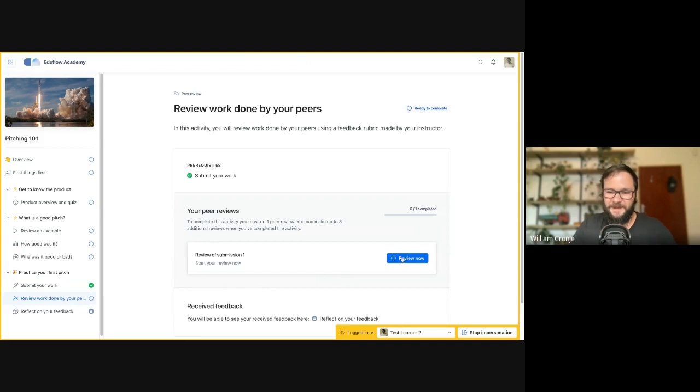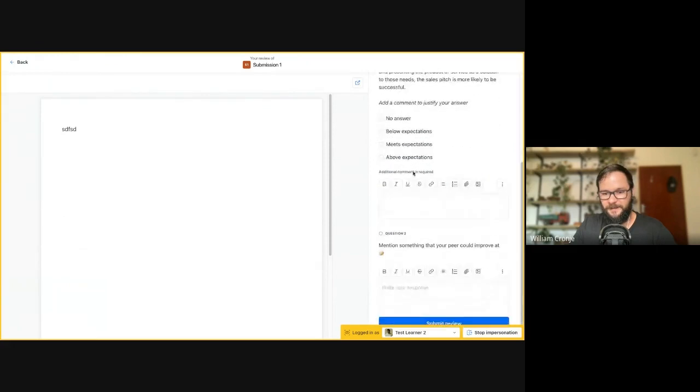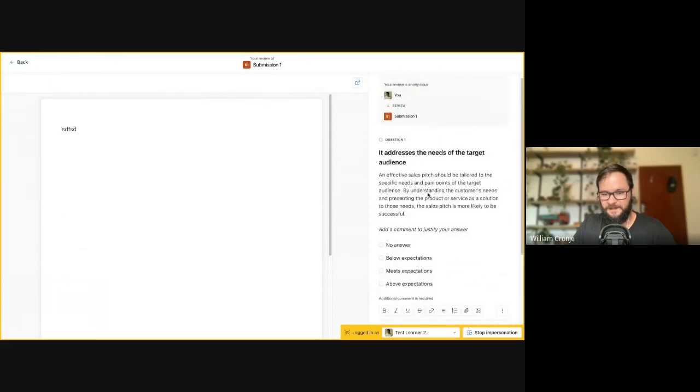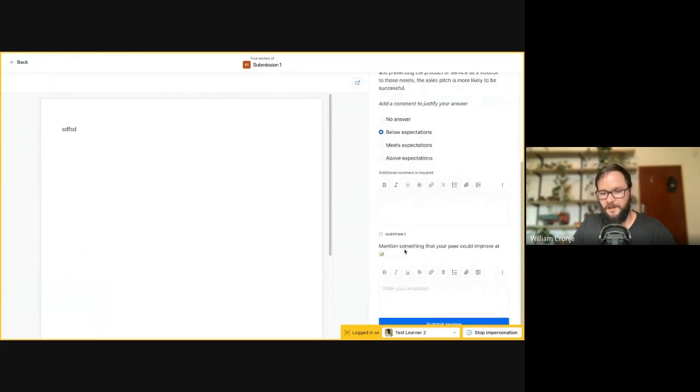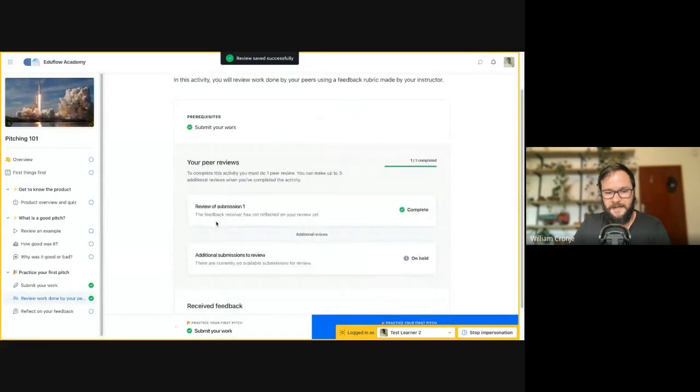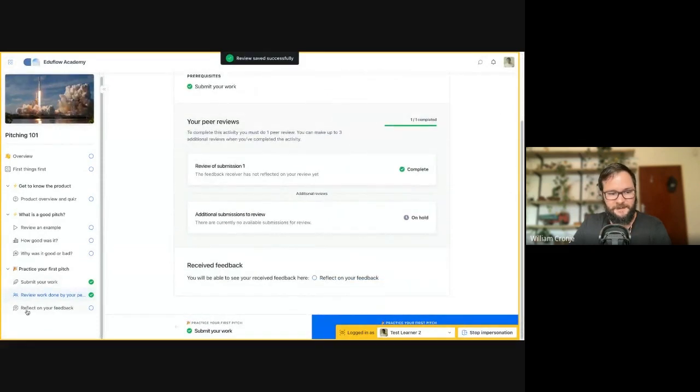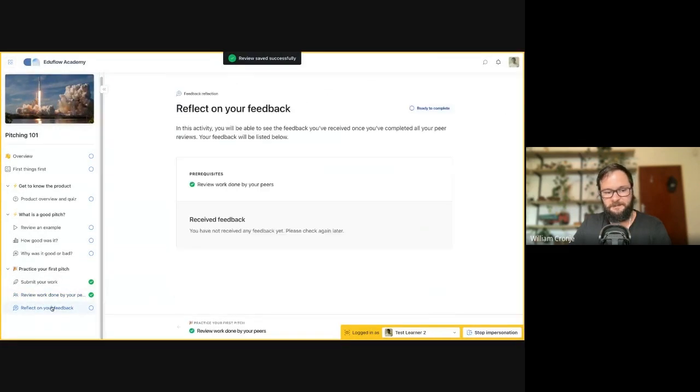I'm going to click on this button here to review, and it'll show our rubric that we created. So here's the question, and we can give a score. Then remember, we have to add the comment because we forced that comment, and we can complete our peer review, give feedback, and submit the review. Once we've done that, we'll unlock this final activity, which is where test learner 2 will see their feedback